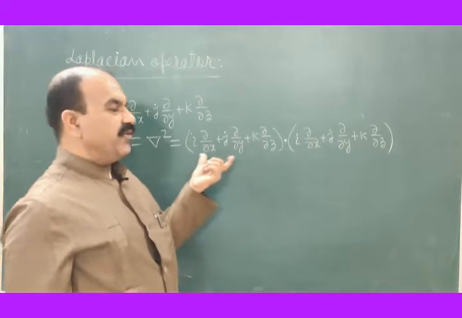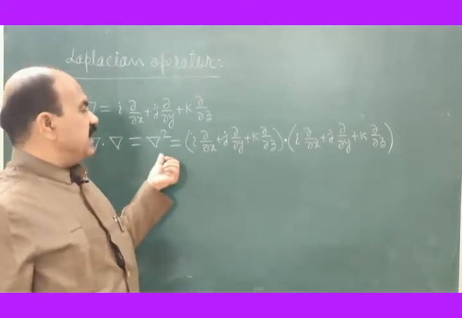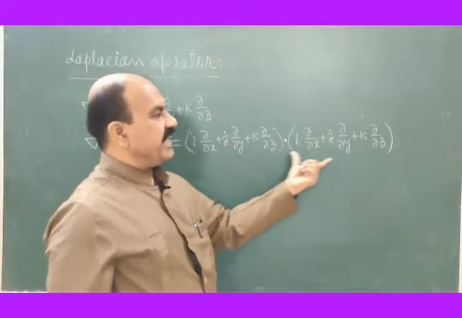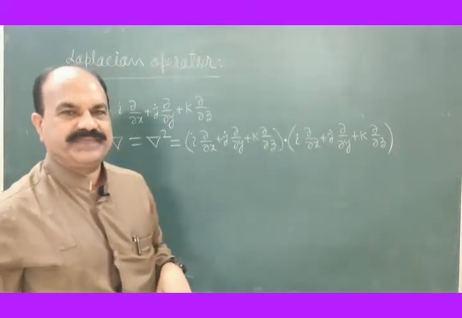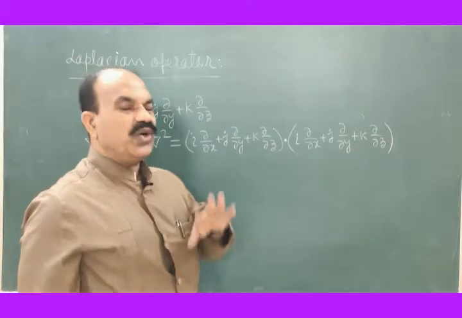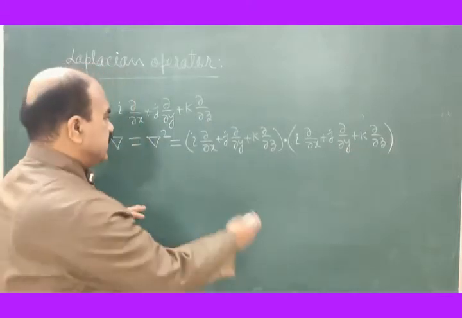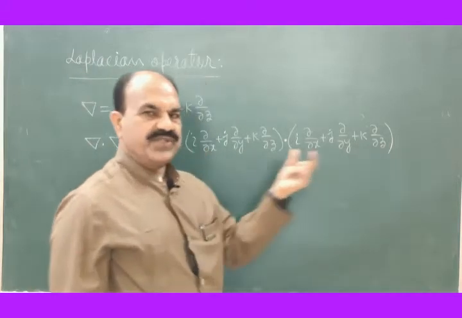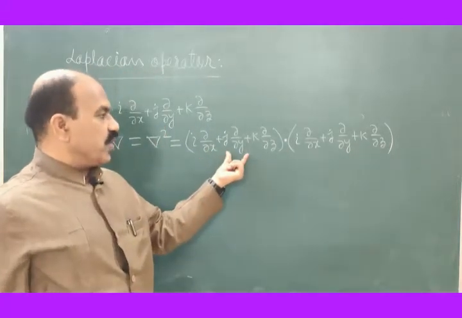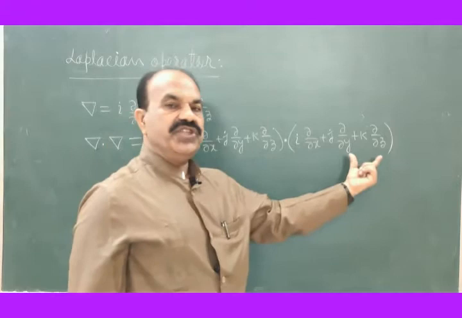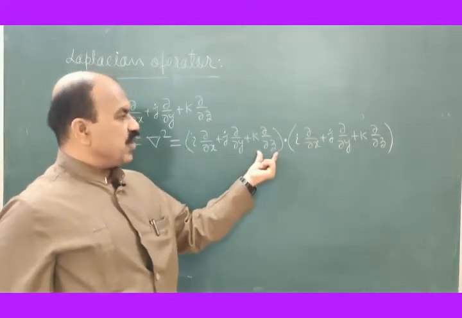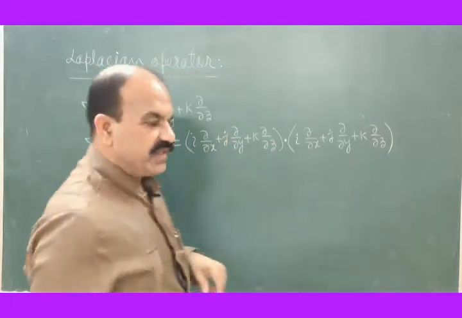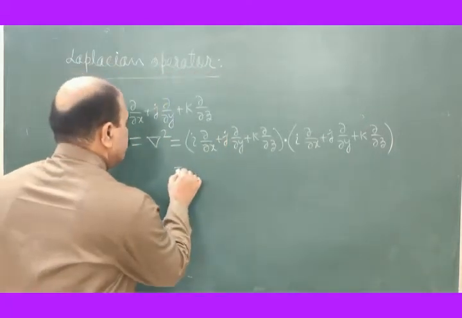So, I have to write del square is equal to this bracket dot this bracket. Let us take dot product of this. First dot product of this with these 3 terms, then dot product of this second term with these 3 terms, and then dot product of the third term with these 3 terms, and that is equal to